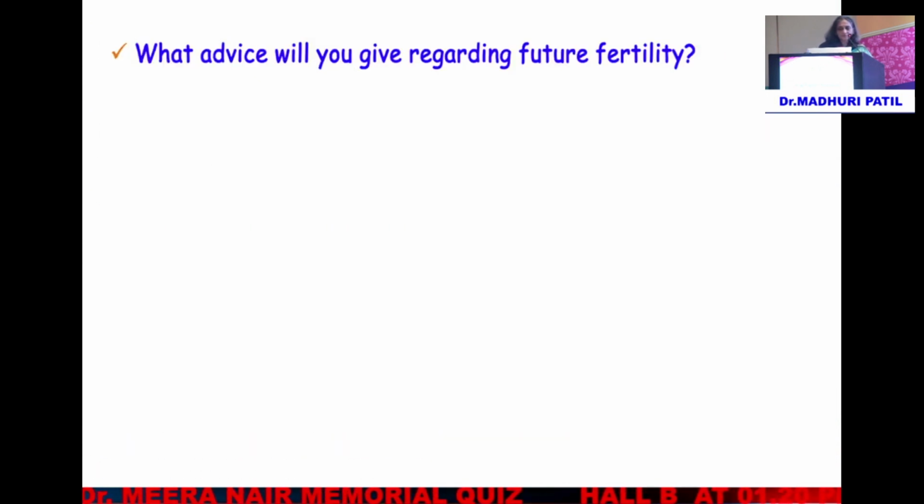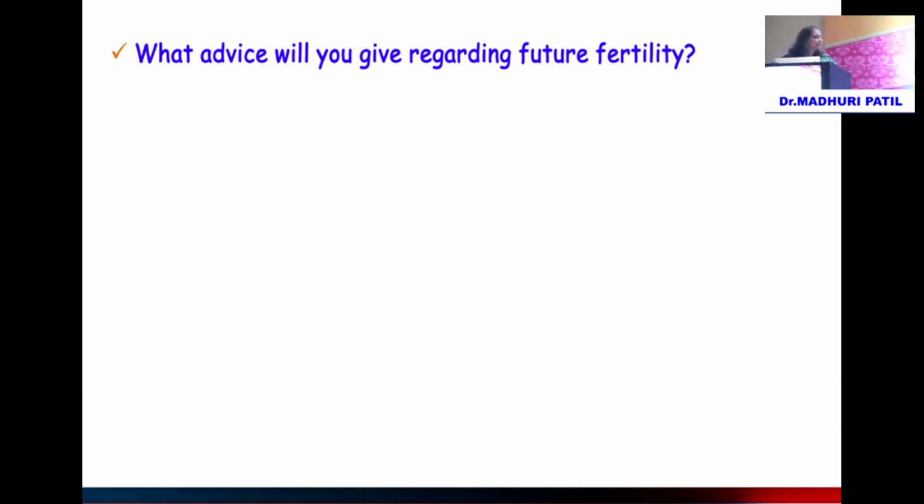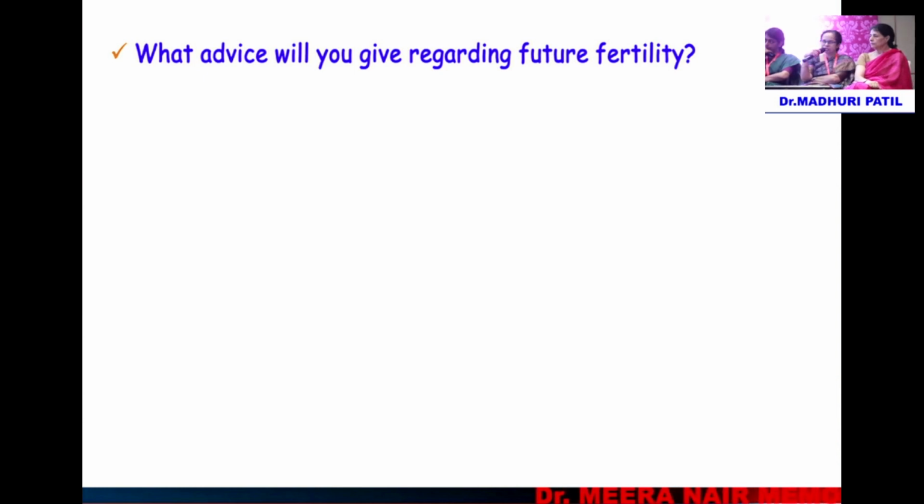Yeah. So what would you tell her regarding her future fertility? Because her AMH had reduced to 0.75. We are concerned about a risk of recurrence also. She has a borderline tumor treated by unilateral salpingoophorectomy. If you ask me, she's got around 10% risk of recurrence of the borderline tumor, and it can happen within 2 years.